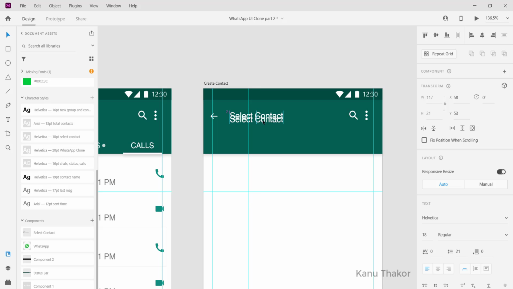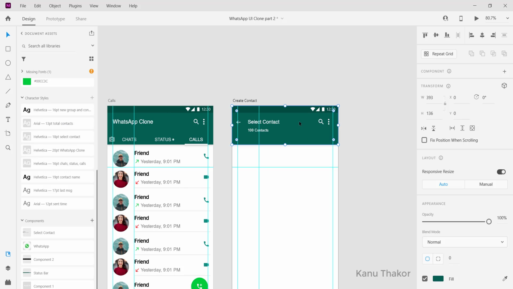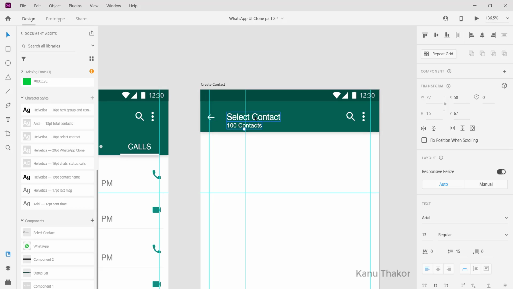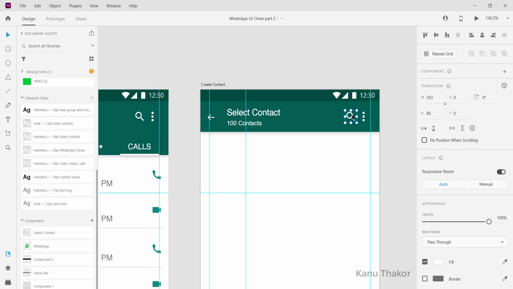Below this we will add another text, which will show how many total contacts we have in our contact list, so it will display a number and then contacts, and its text style is going to be this one, which is Arial. Now we will decrease the size of this rectangle here, and its size is going to be 88. Then I will quickly arrange this.